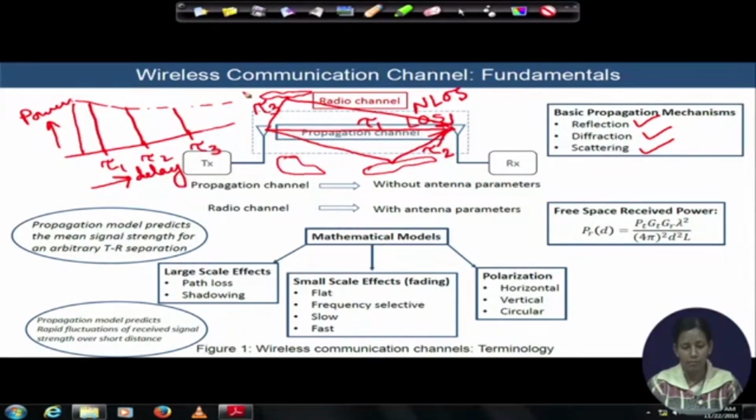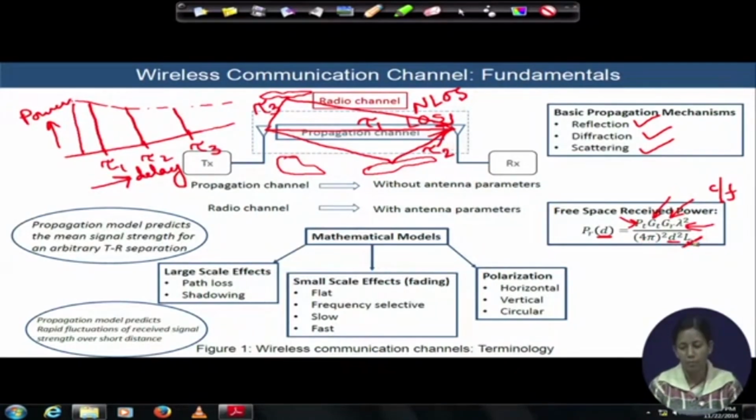Now, the power that we have received here. If there is free space, suppose in free space how the power will be received, it was given by Friis, and according to him, if the transmitter and the receiver have a distance of d, the received power in the free space at the front end of the receiver will be given by this formula, where PT is the transmitted power, GT is the gain of the transmitting antenna, GR is the gain of the receiving antenna, lambda is the wavelength of the transmission, and lambda is equal to c by f, and this is a constant parameter. d is the distance between transmitter and receiver, and capital L is the loss associated with the